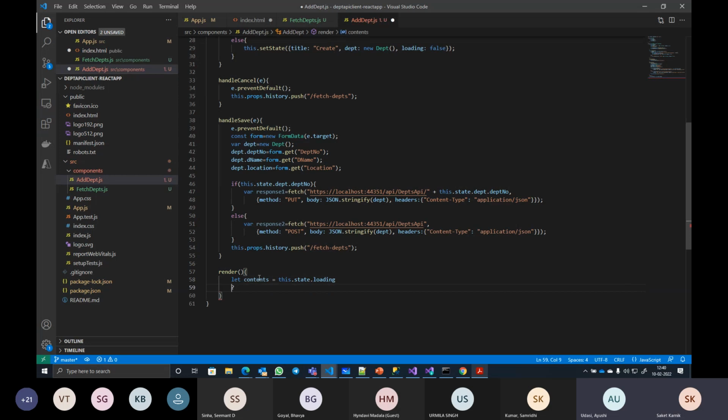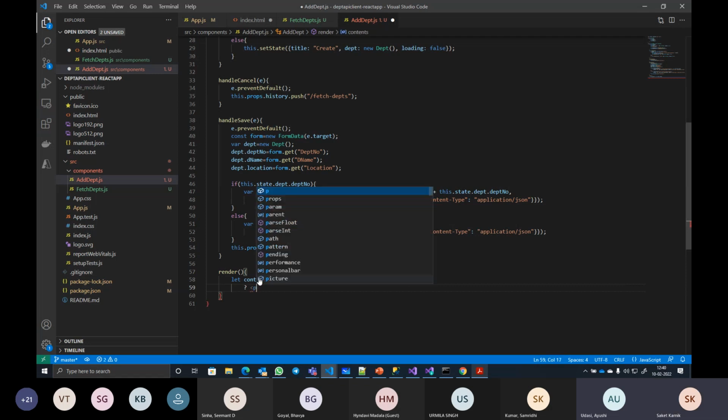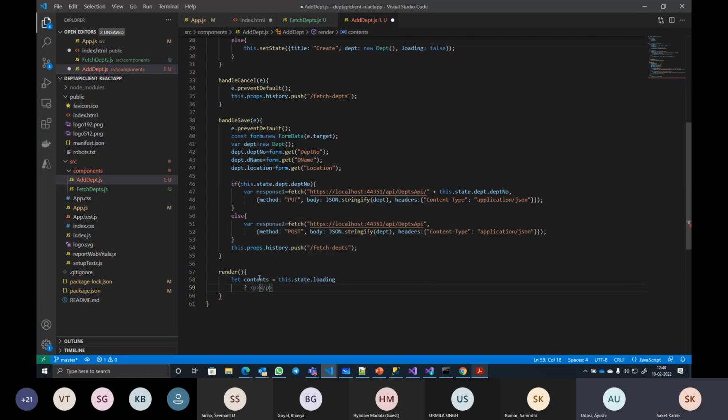If true, I want a paragraph to be returned with emphasized text to be displayed, which is loading. Otherwise I call the renderForm function, not yet created, we'll create it shortly. Exactly the same thing we did in the previous component, right?